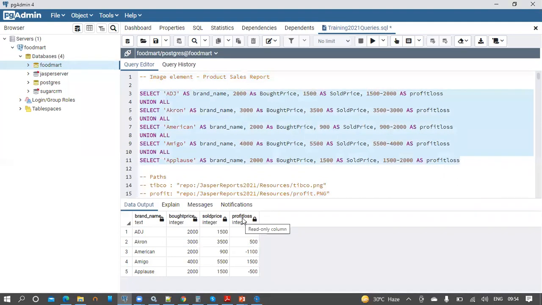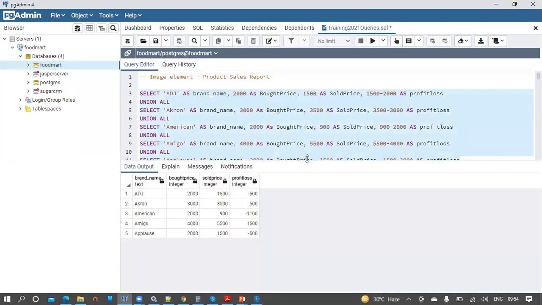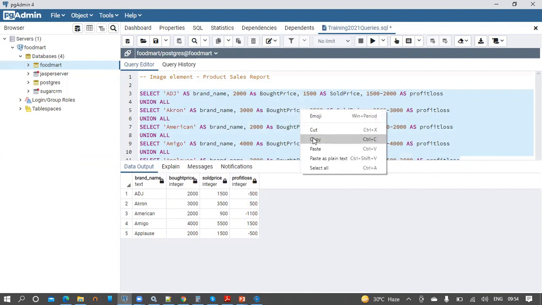And we have calculated the profit and loss. Whenever we see negative values for the profit or loss field, we are going to display the no symbol image, and whenever we see positive values, we would expect to see the yes symbol image on the report. So let us see how we can do that by taking this query in the report.